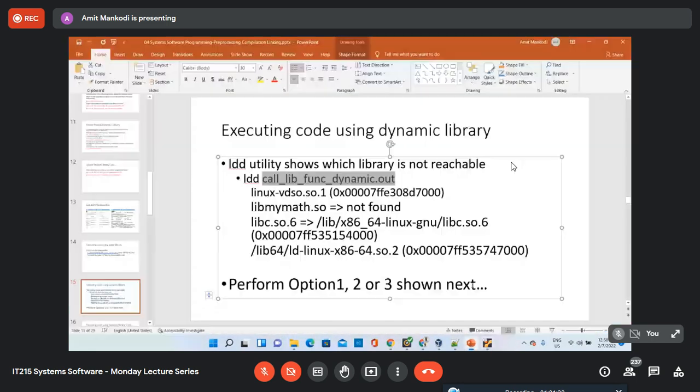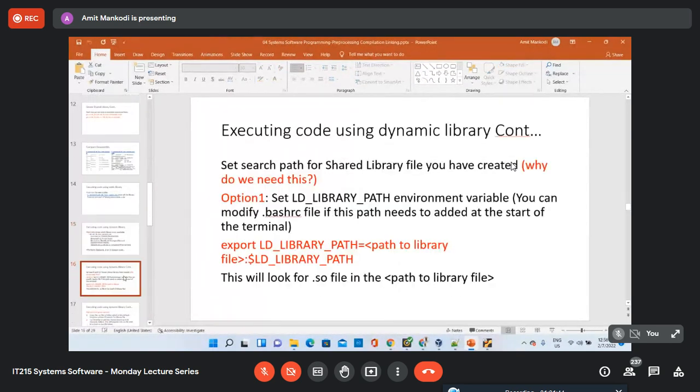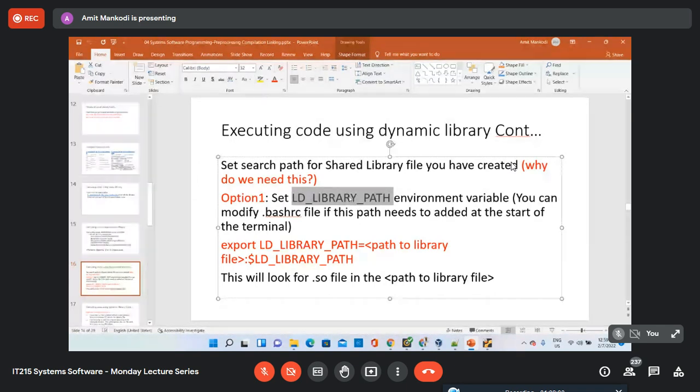So what can we do? So first option, there are three options, right? The first option is that there is a special environment variable. And if you recall, we learned environment variables very initially, I think during the first or second lecture probably. LD_LIBRARY_PATH is the environment variable where you can provide the path for the library file that you want the operating system to search, right?